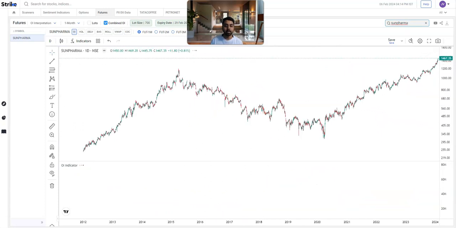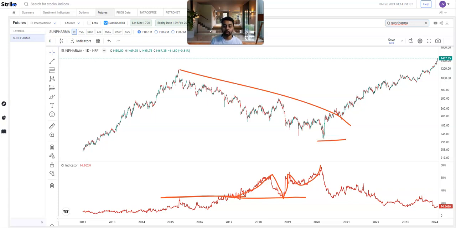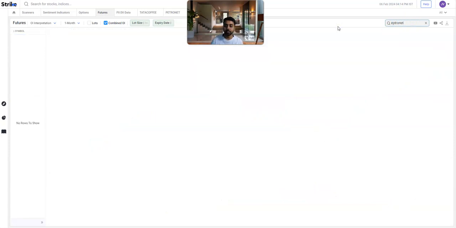From 2015 to 2020, the stock was in a downtrend, okay, and you can see that there was an open interest break over here, and it continued to sustain higher. Then there was a pullback in the open interest, but again, this breakout point was not broken on the downside, and the higher open interest sustained, right? And it was only in 2020 when the open interest reached a level where eventually we saw a trend reversal. But when we look at a stock like Petronet LNG,